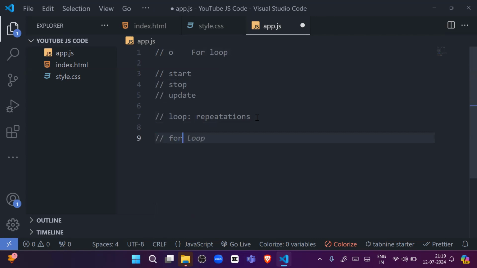Whenever you write a loop, you first write for. After for you write the start, and then the stop, where you want to stop. Here you write the condition. I want to stop on 5. And here you update the start, like start plus plus. But before giving this start, stop and start plus plus, you have to define